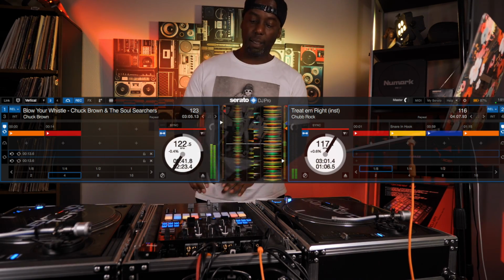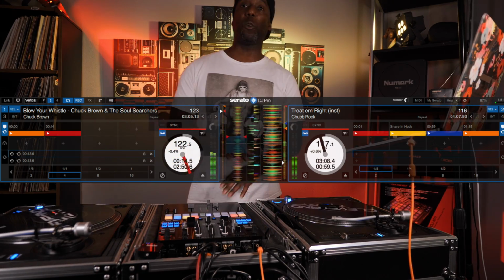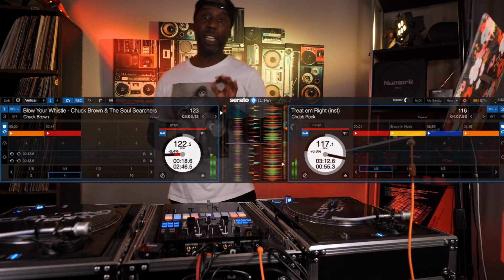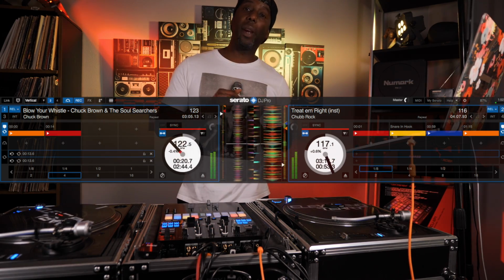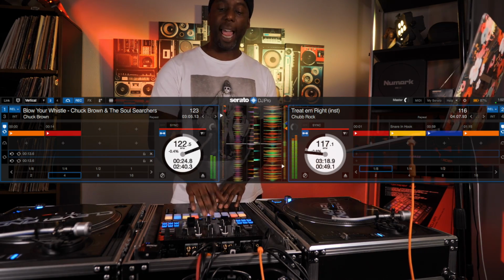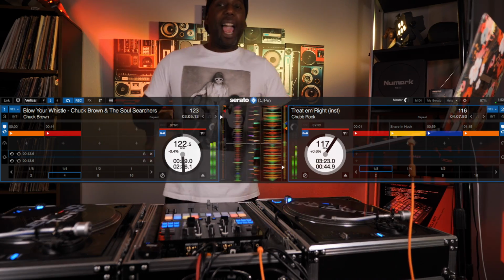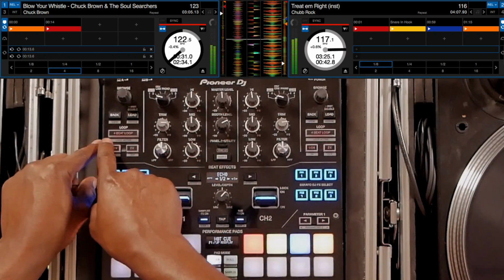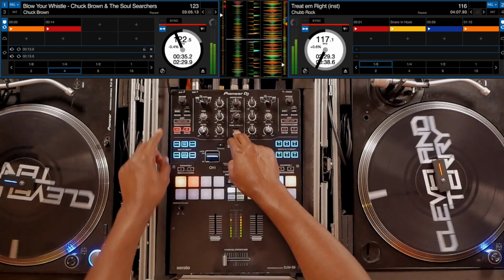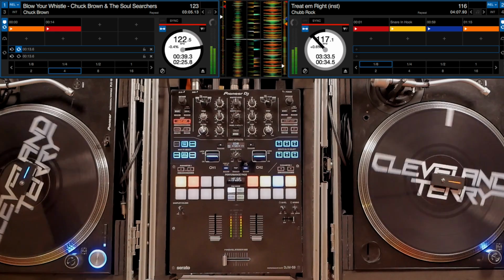So after we've set these cue points up, we have to create a loop. I've already created an actual loop that's built in. I've saved that loop. So when I go into the Blow Your Whistle part, the first thing I do is activate the loop. Now, I'm using an S9, but most of these mixers have this built in. If you see this says loop active right here, when I hit shift and click on the 4-beat loop, it's going to activate my first loop.